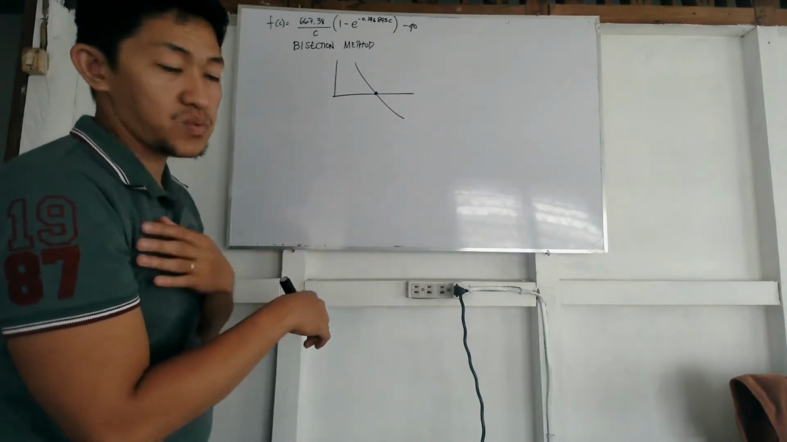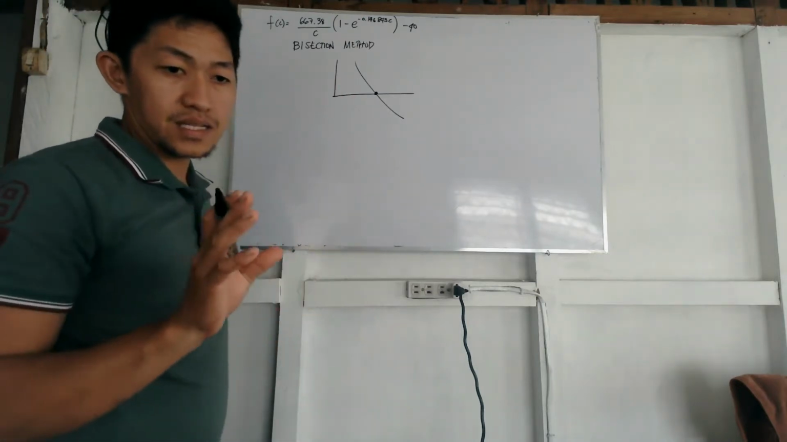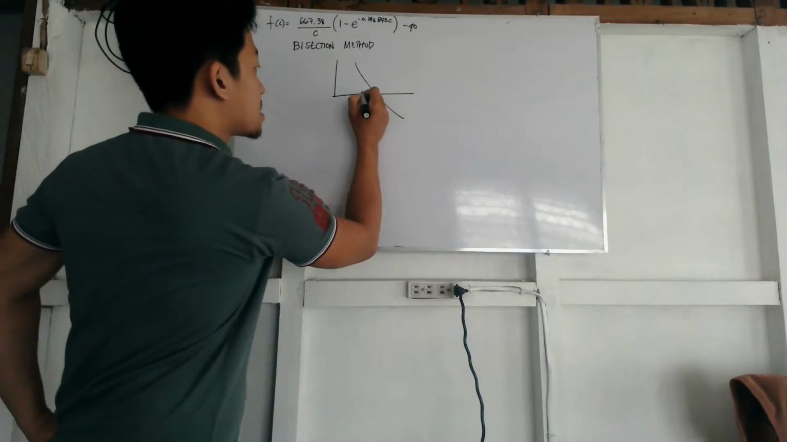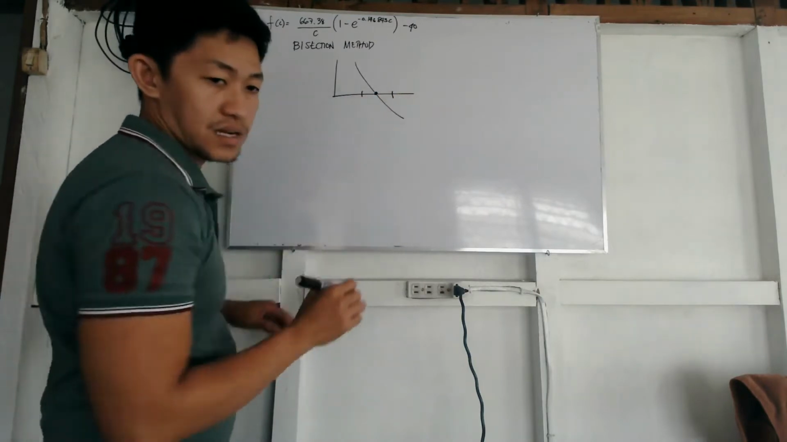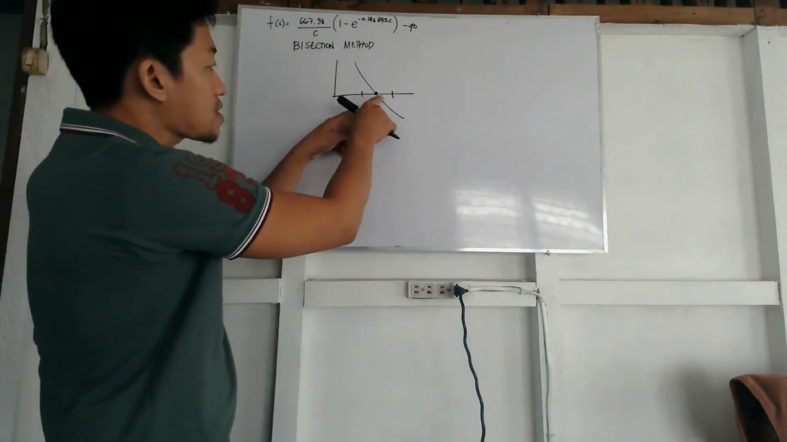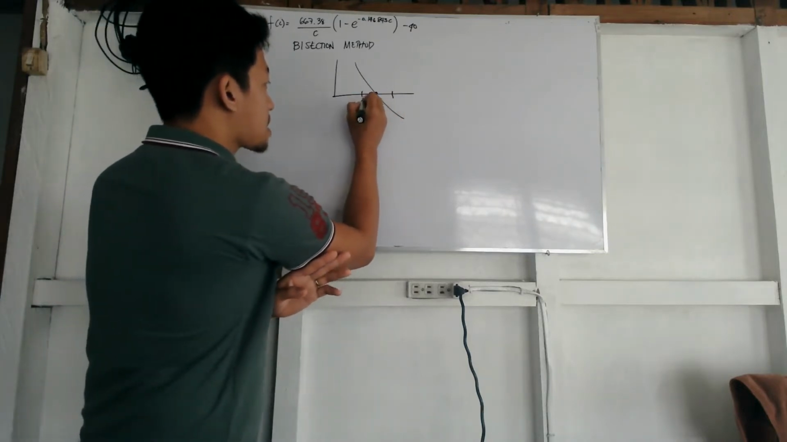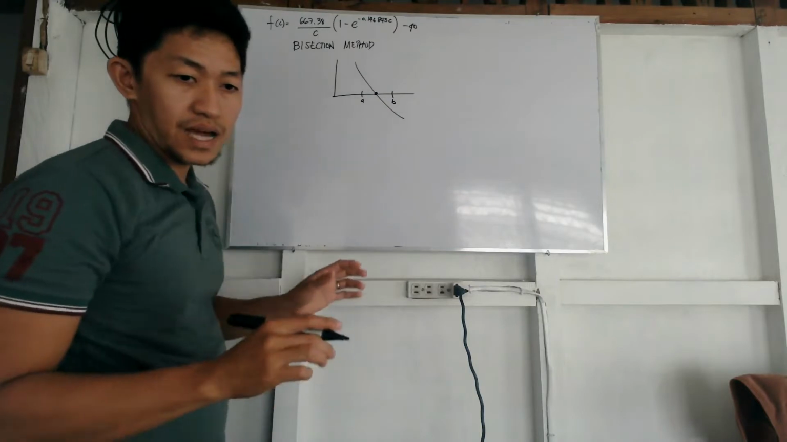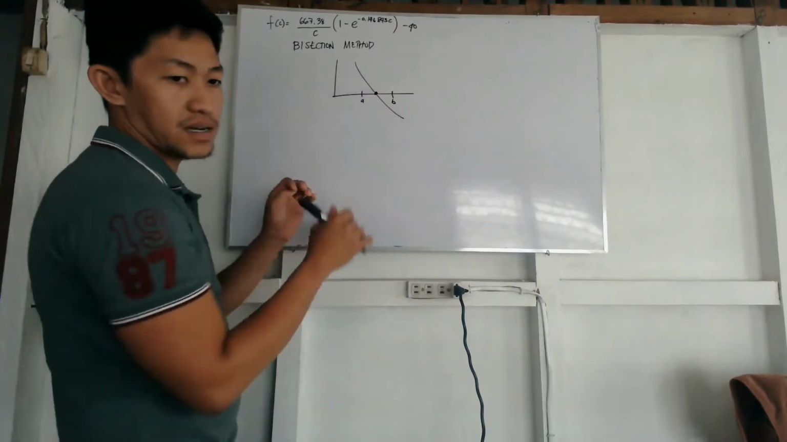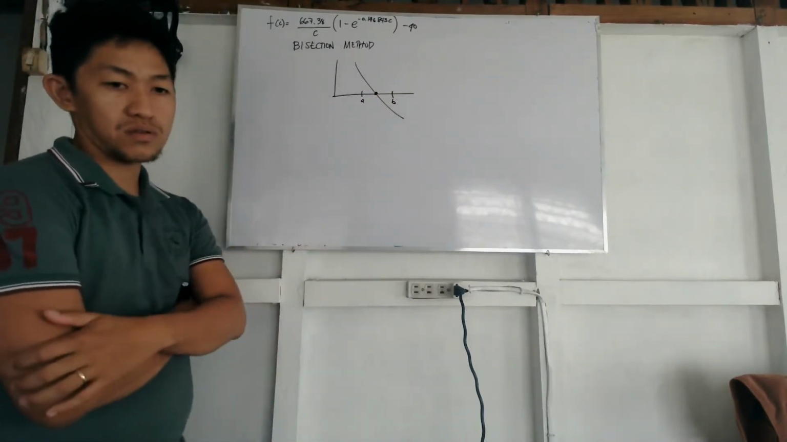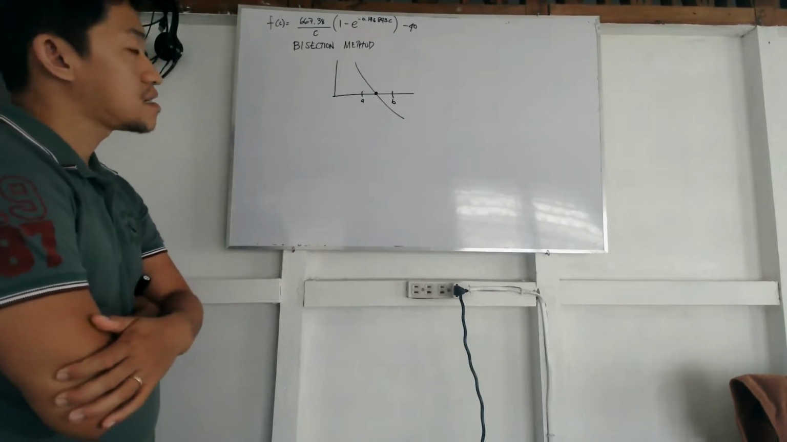Okay, so using that one, we can deduce that the root is somewhere around this interval, around this interval AB. So somewhere around here is your root. Okay, so